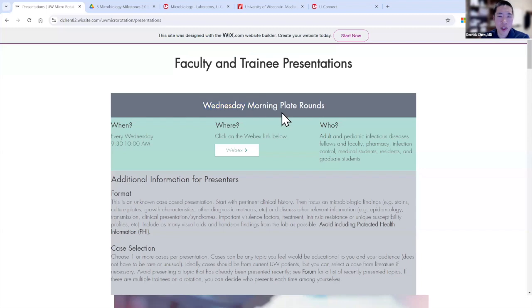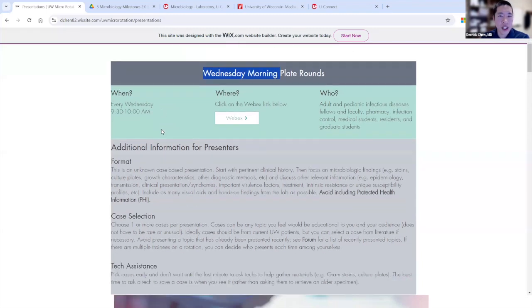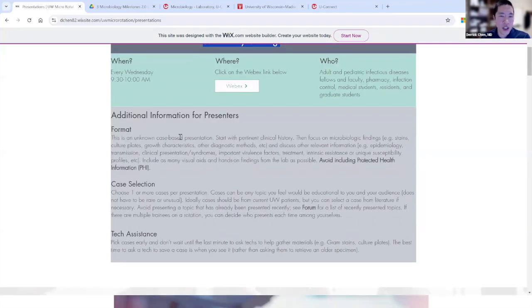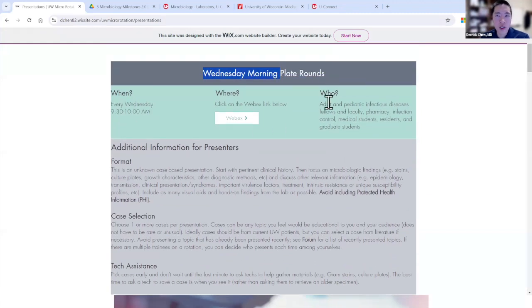So trainees, they would give a plate round. So this tells them what it is. I'm sure you have trainees give presentations and you always have to tell them this information. And so I have all this information here, so I don't have to keep repeating it over and over, but